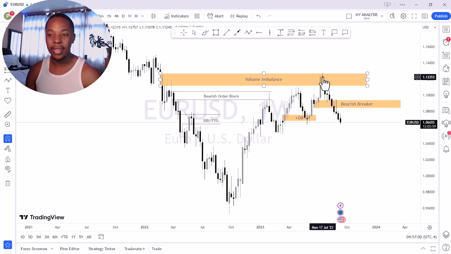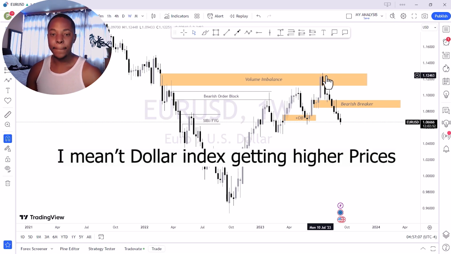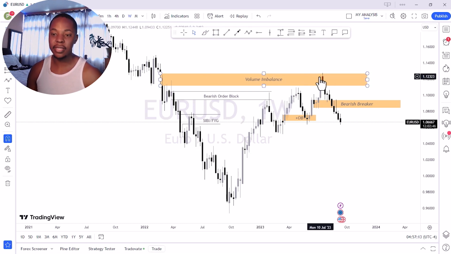I feel like this is when the dollar was actually going lower, but yeah, as you can see, this is a weekly chart, by the way. So if you want to swing trade, this is what you'll be looking for. When prices come here into that order volume imbalance, you just sell off, looking forward to